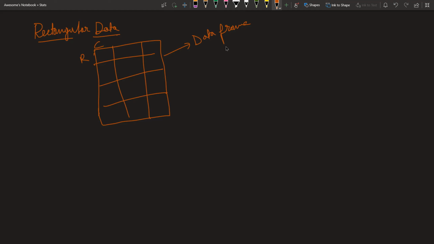Now in this data frame there is a terminology called feature. So what does feature mean? The values you are seeing in a column, that we call a feature. Remember this, guys. There are multiple names, which is why a lot of folks get confused about what is a feature and what is a variable. No need to worry or get confused. C is column, R is row, and in machine learning terms a column is called a feature.